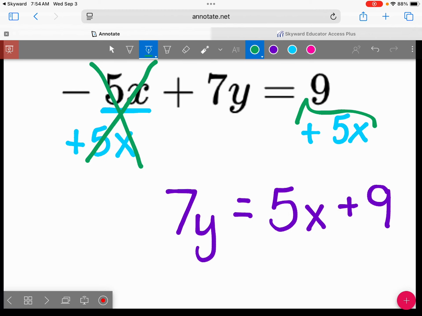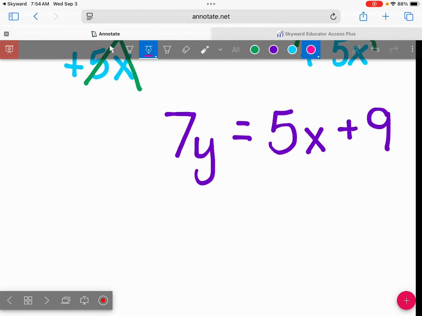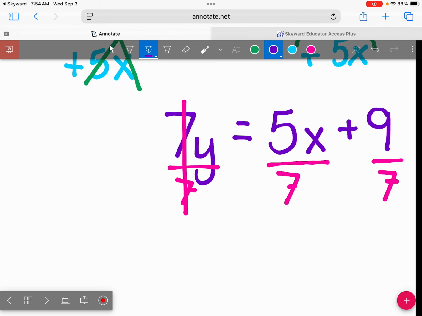What do we do next? Divide by 7. So this guy divides by 7, because that gives us our 1y. That's our whole goal. Which means this guy needs to divide by 7, and this guy needs to divide by 7. Everybody gets to come to the divide by 7 party. So that gives me that my y